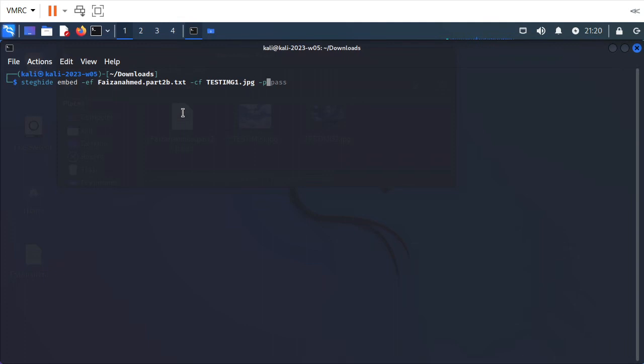And this is optional. You can use a password, or you can just skip that option. I press enter and then